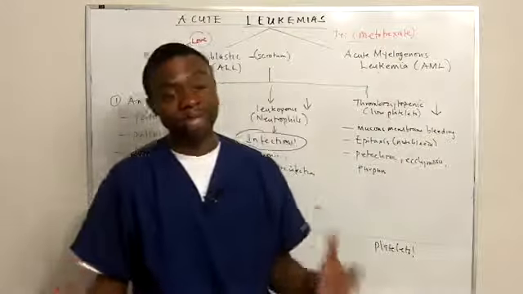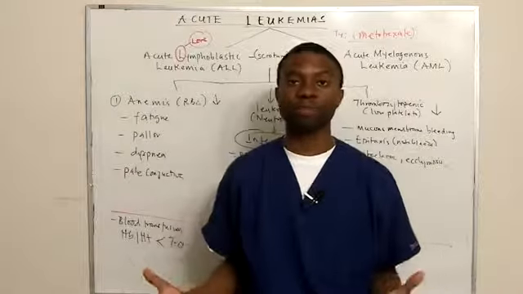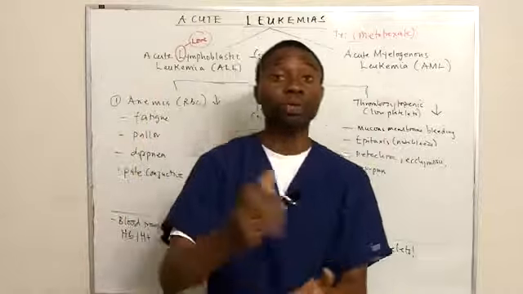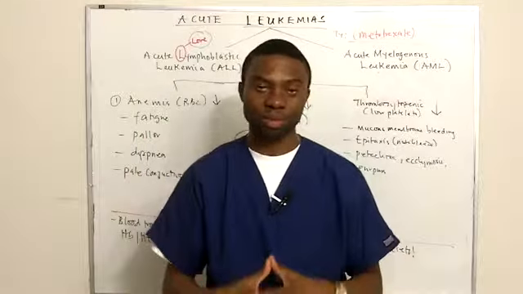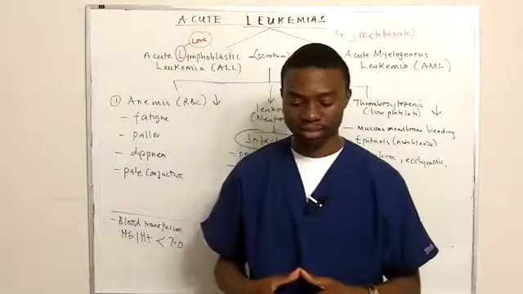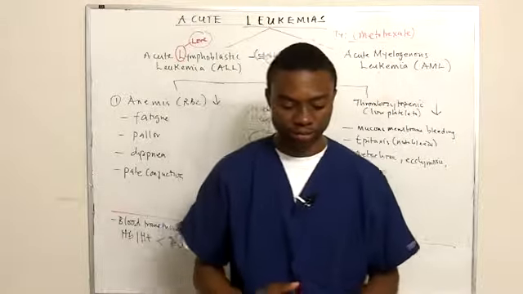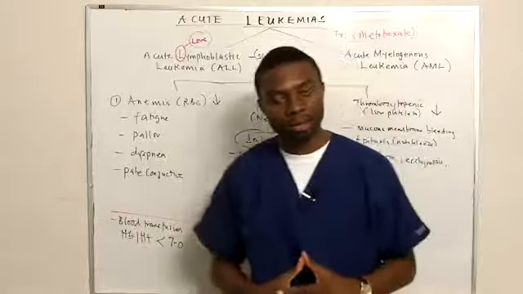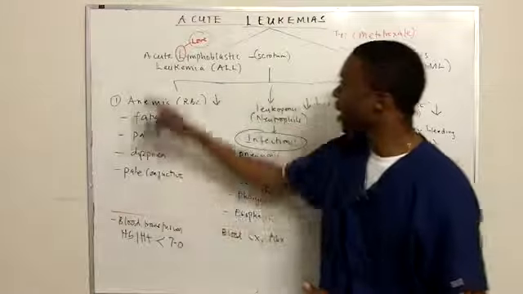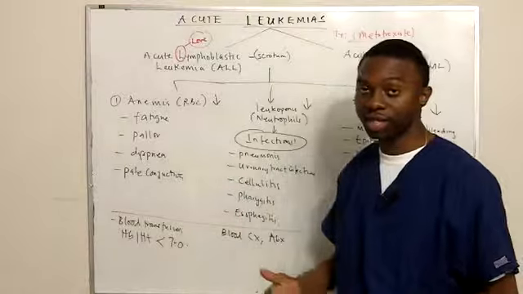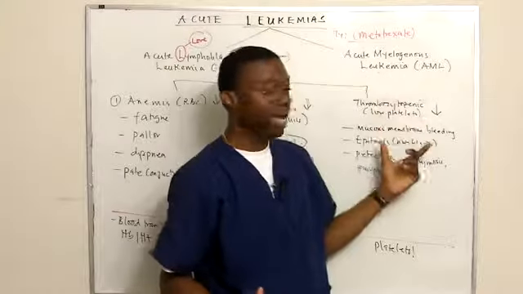But the best treatment for both of them is to do a bone marrow transplant. With a bone marrow transplant, we basically take out the bone marrow, put a new one in there, and then we basically replace all the problem relating to the immature blast cell neoplastic proliferation. All right? So basically that brings us to the end of acute leukemias. Remember the highlights: ALL affects Down syndrome patients, with increased risk from radiation. The same thing affects AML.